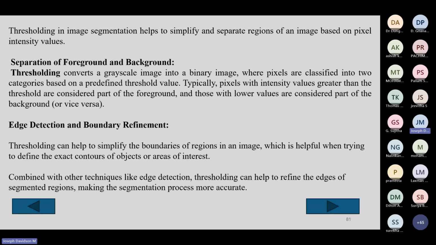What is foreground and what is background? You take a microstructure, there will be a lot of grains, right? And that we need. And what is in the background, that may not be needed, right? So whatever is visible that you need, you take it, and what is not needed, you discard it.